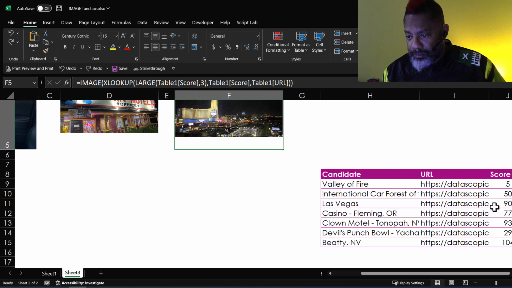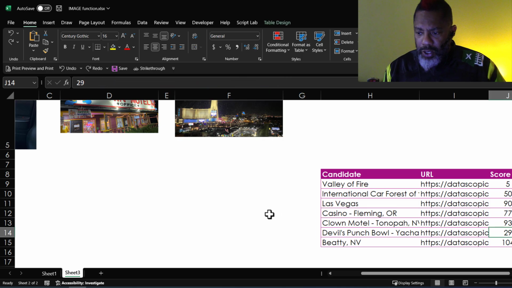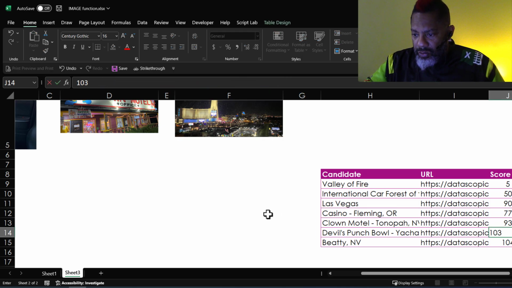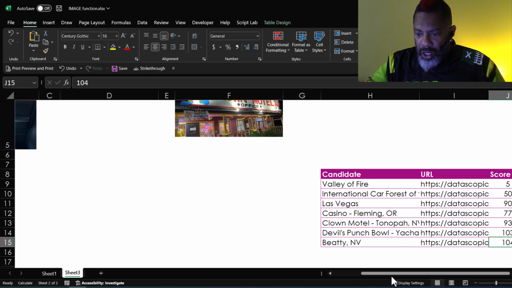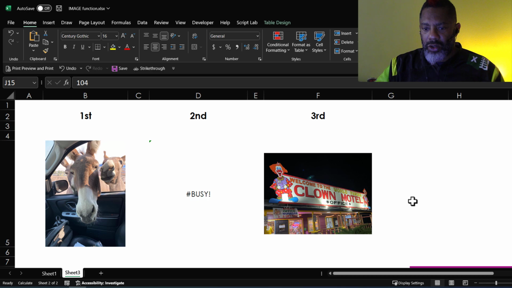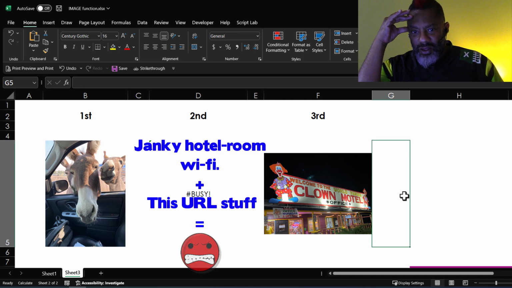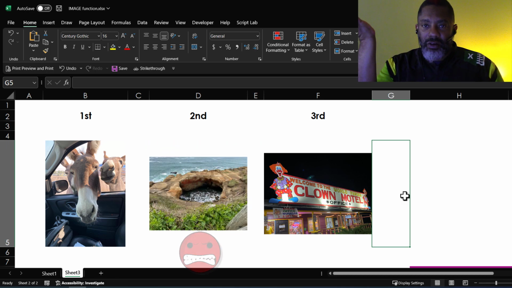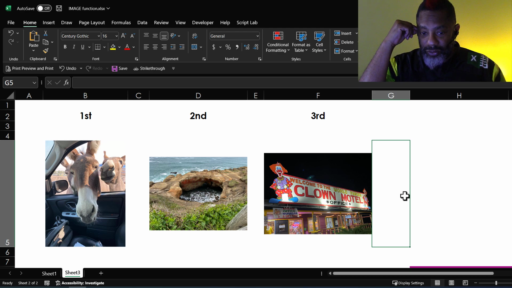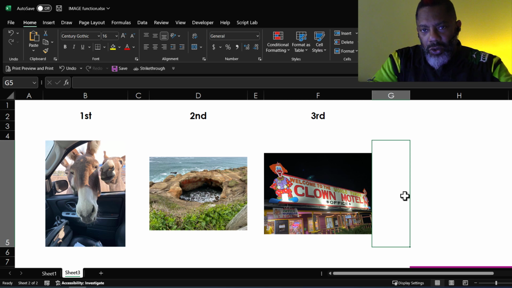Let's make a change. Let's say that we got the Devil's Punch Bowl now has 103. Okay, and enter, and then look at that, it's busy. And we're waiting. And finally, we see the Devil's Punch Bowl, and the sizes are all wonky. So those are a few things to show you about the image function,